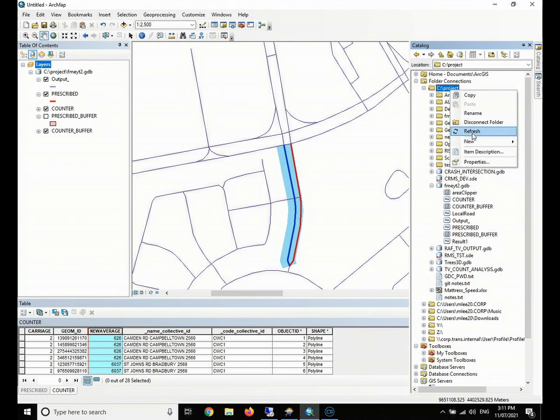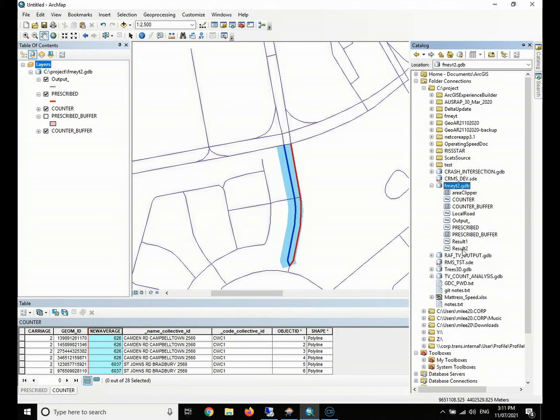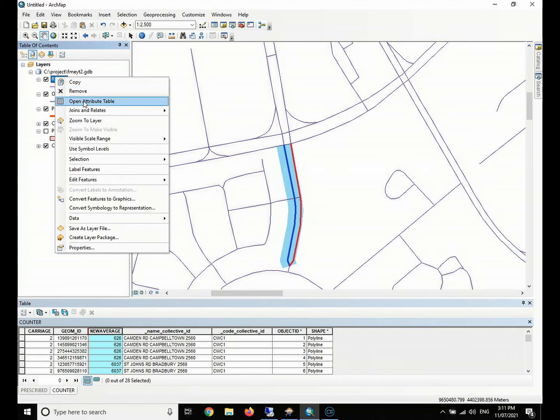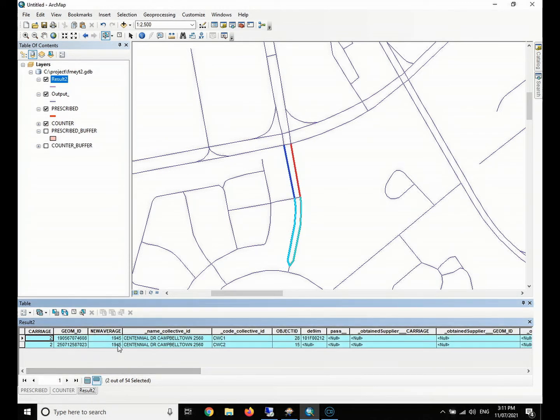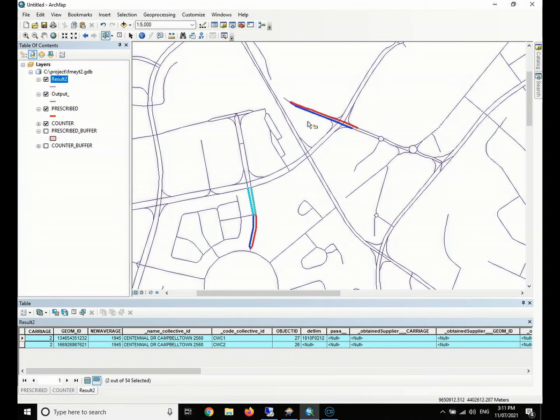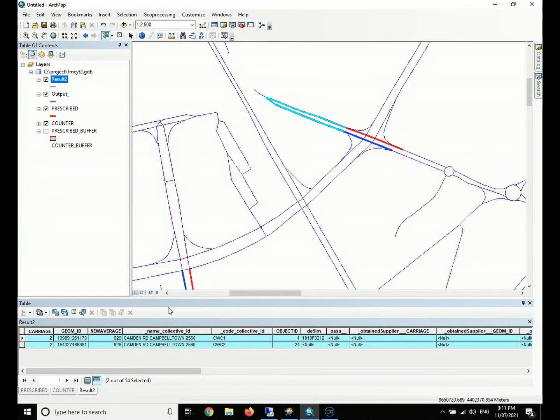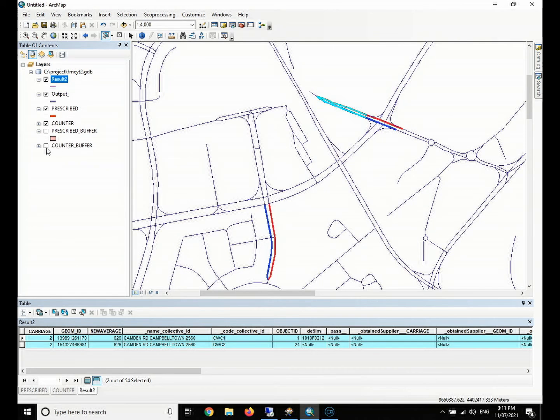So let's refresh our folder and take a look at the results. In our results, what we can see is, you see, now the prescribed direction has already got the value. You can also check other dual carriage rate. So now both the prescribed direction and counter direction polyline have got the value,